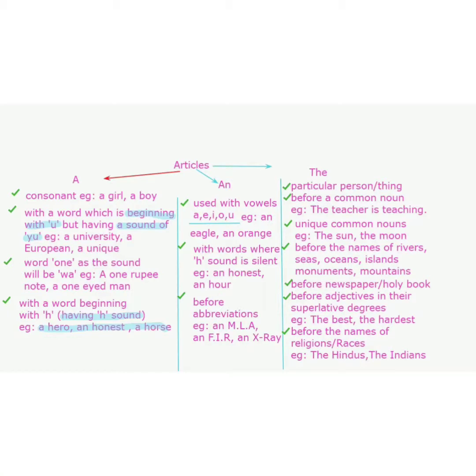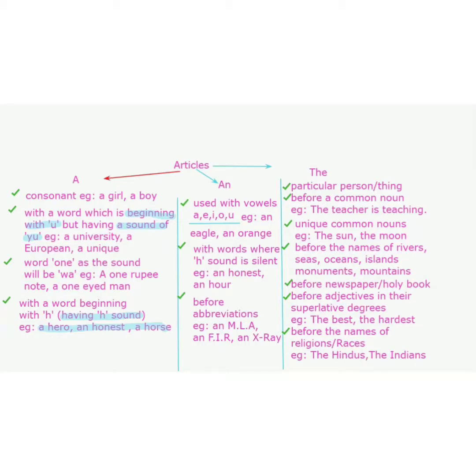"A" will be used with words that begin with the H sound, because there are some words which begin with H but do not produce the H sound. For example, if I say horse, then the sound is of H, hence we will use "a" there. But if I say the word honest, the sound of H is not produced, instead a sound of O is produced, and O being a vowel, we will use "an" there and not "a". So this H can be a little tricky. Be careful when you face a word like that.